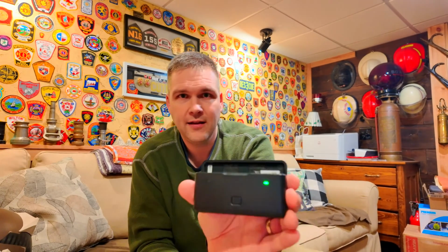These batteries, this case will fit 3 at a time. They fit in quite snugly. They light up to tell you their charging status. If they light up red or orange, it gives you a little bit of an indication that they're low. You can put 3 of these in here, and when you close it, they're all secured because it's a magnetic closure again. When I want to charge this, USB-C on the very end, boom, I can put this in my